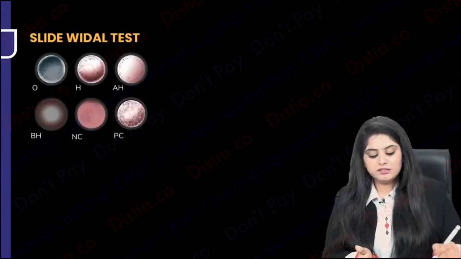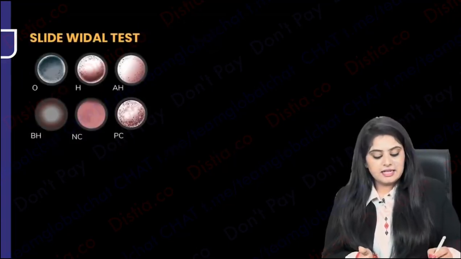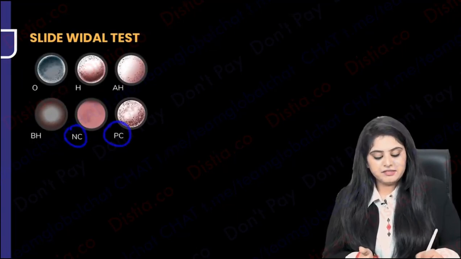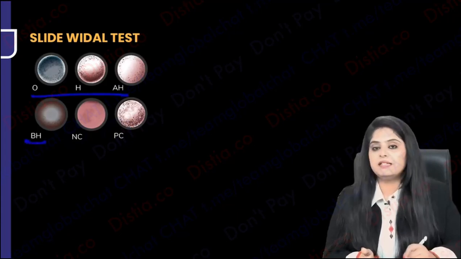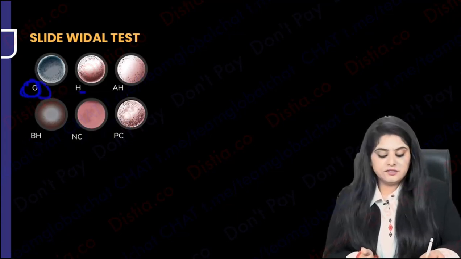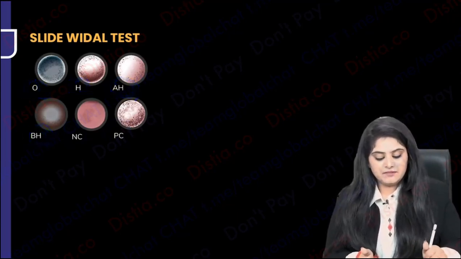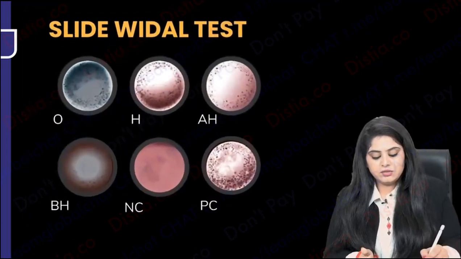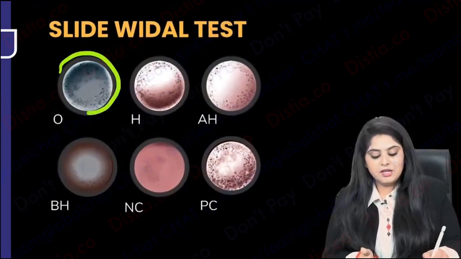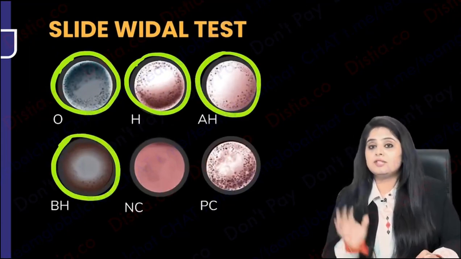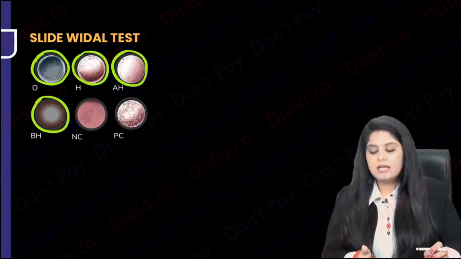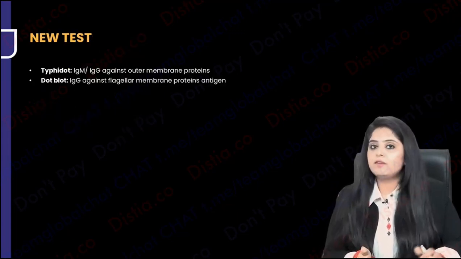So I'll give you an example. This is what a slide Vidal test looks like. Can you see over here? First, the negative control and positive control. Don't focus on that. Focus on your four main things. This is the O antigen. This is the flagellar H, flagellar of paratyphi A, flagellar of paratyphi B, and I can see that there is an agglutination. This is just a schematic diagram. So I could see an agglutination. I've tried to show you every possible variation of how the agglutination and clumping is going to come up. But like I said, there are a lot of false positives.